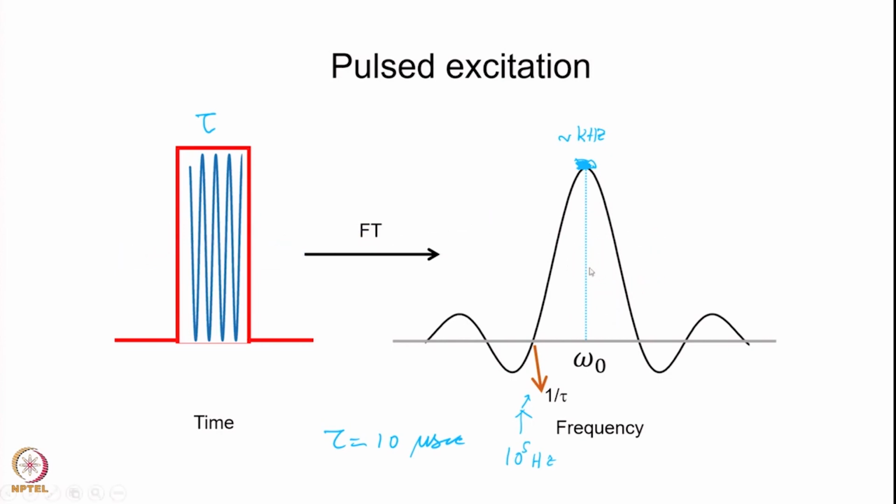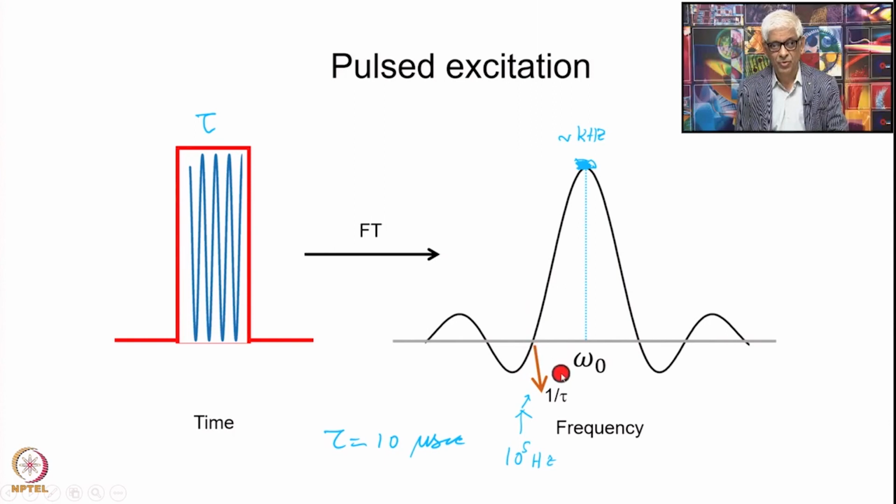excitations there. So, if the RF is at a frequency omega naught, it produces various frequencies with different amplitudes like this, and this is a very huge range. If your pulse is 10 microseconds, for example, then you generate about, at this point, 10 to the power 5 hertz, and this point is again 10 to the power 5 hertz, to the left and right of the omega naught, and it has of course different amplitudes, and we select